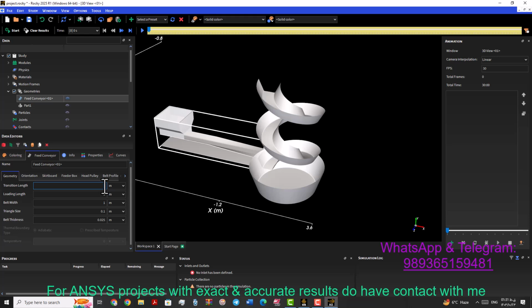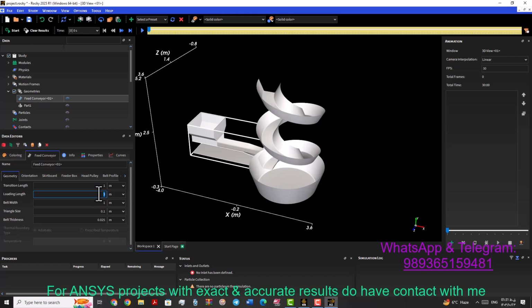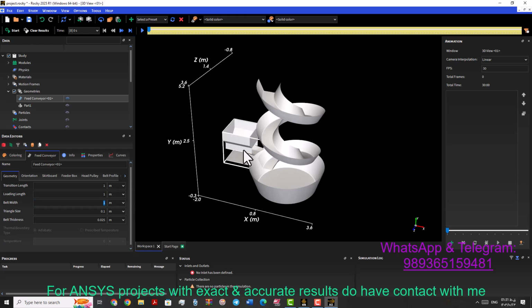I changed the 3 meters length of the conveyor to 1, and also the loading length to 1. You see the changes that are happening here. And in the geometry tab, the second tab, the orientation tab,